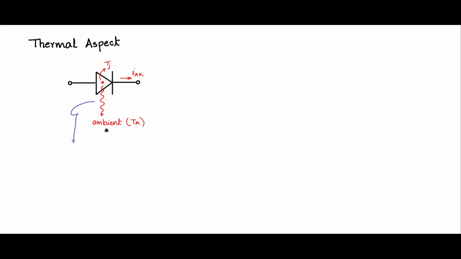This flow of heat energy, the heat flow rate, heat is nothing but energy, heat flow rate is nothing but power, and that power is the power loss that we have calculated. So a value equivalent to what we have calculated is the power that is flowing, the heat flow rate. Integral of the power loss dt is nothing but the heat energy that is removed over a period of time. So using this equivalence, we can have an electrical equivalent circuit that represents this thermal part.